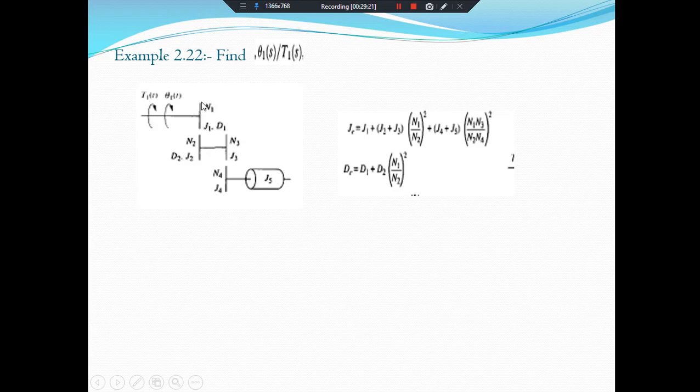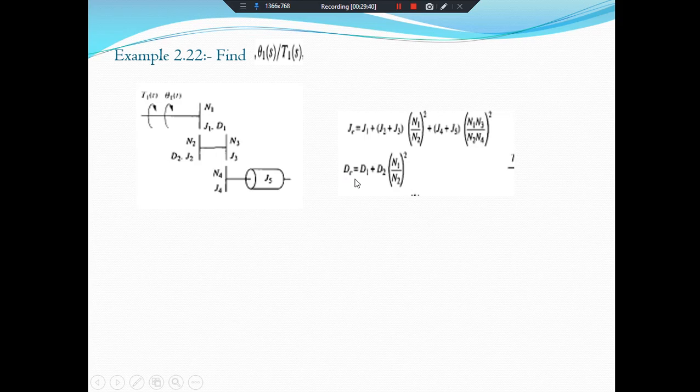फ्रॉम दिस गियर टू द गियर हैविंग नंबर ऑफ टीथ N1, व्हाट विल आई डू कि मैं इसको मल्टीप्लाई कर दूंगा D2 को विद द नंबर ऑफ टीथ एट डेस्टिनेशन गियर बाय डिवाइडेड बाय नंबर ऑफ टीथ एट द सोर्स गियर N2 का स्क्वायर आएगा. क्लियर. नाउ ऑल द इम्पिडेंसेस